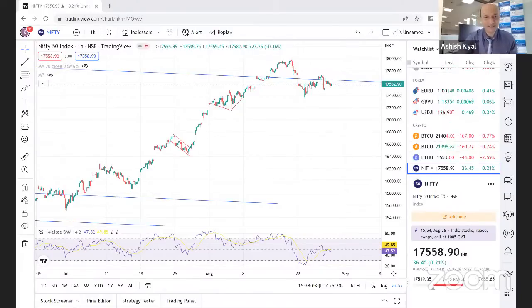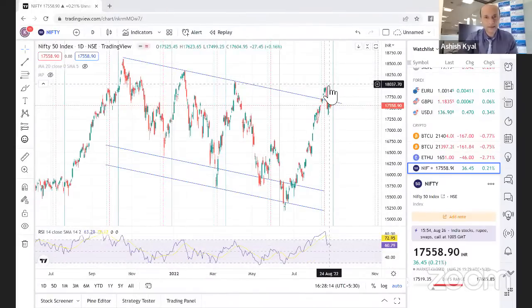Okay, I've answered that question. 55 days time cycle has formed a top, Nilesh. We can clearly see that 55 days cycle पे Nifty ने एक top बनाया है. This time, if you go back to my webinar, I've been talking about that we should see a top near 17756, and also I have mentioned about 17th August, and brilliantly चला वो, because it's called an inversion in cycle. You know that, right? So that's an inversion in cycle.